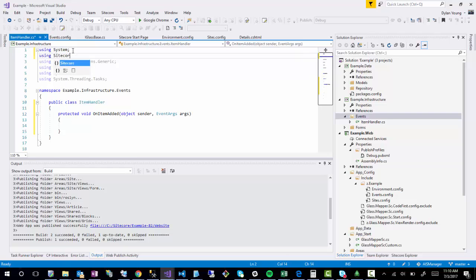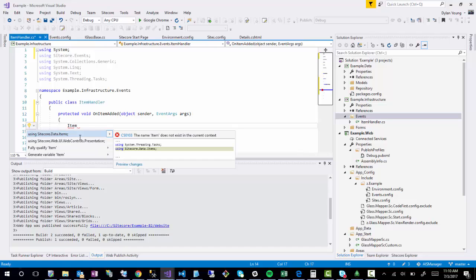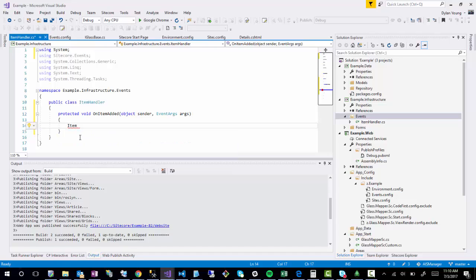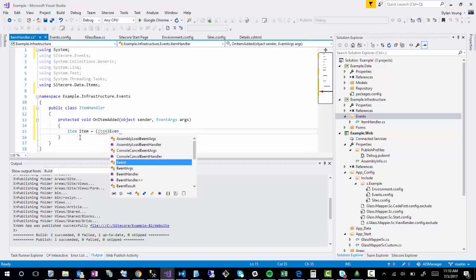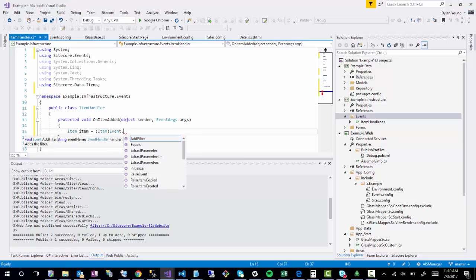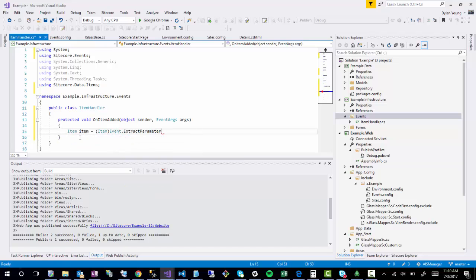And I'll just include a reference to Sitecore.Events. And then what I'm trying to do is get the item that's trying to save, or when I'm saying on item added, it's now going to pass me the item that it's trying to add. Let's do some casting here. Event.ExtractParameter args 0,